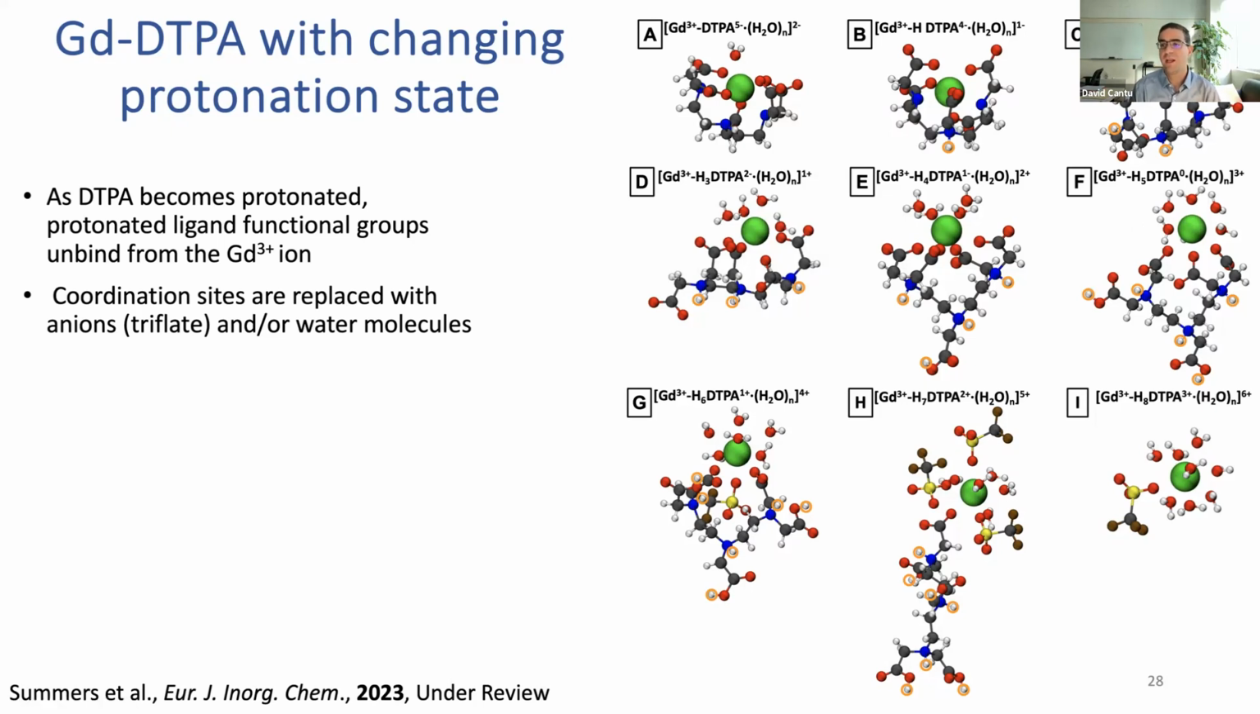You break coordination bonds with the ion and you replace them with water. And by the time that you have only one unprotonated carboxylate, it's just binding monodentate. This molecule here is triplet. We use triplet anions because those were the ones that were used in the measured EXAFS. And so